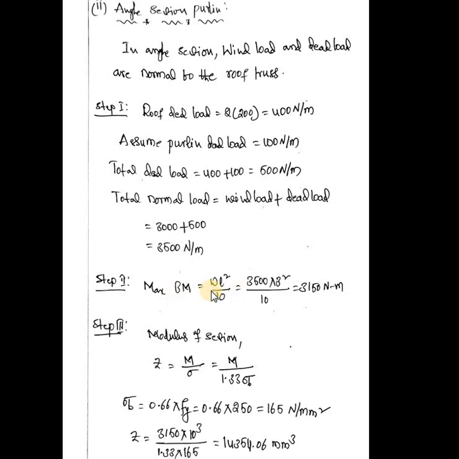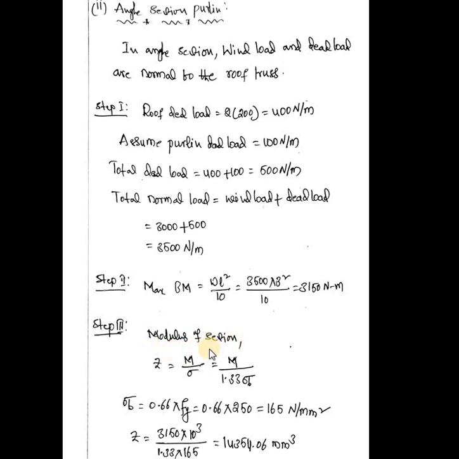How to calculate maximum bending moment? WL square by 10. Okay, so here W is 3500, L is 3, so 3500 into 3 square by 10, that is 3150 Newton meter. This is step 2. Coming to step 3, after calculating maximum bending moment, in lecture 2 we discussed